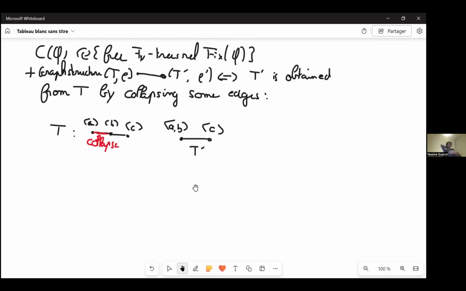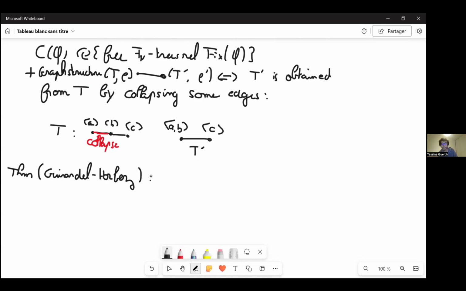And so now we have an action of the centralizer of phi on a graph. And what's very interesting is the following theorem, which is due in this form to Gödel and Orbe, which tells you that this graph is Gromov hyperbolic,